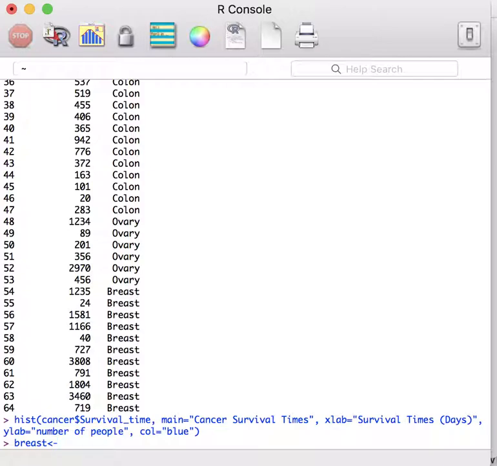Breast is my new variable, and it's going to be cancer. That's just the data set I'm using. And then in that data set, you don't put a parenthesis, you put a bracket. So cancer is the data set I'm working with, and inside the bracket I put in cancer, and then I